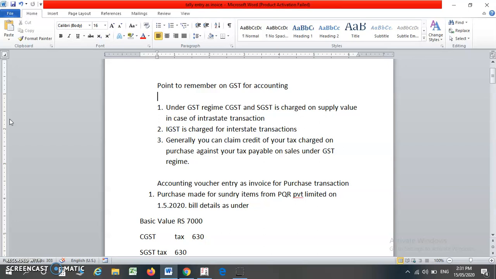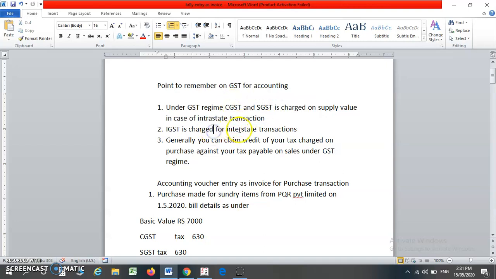Now for the purpose of GST accounting, you must remember three things. Under the GST regime, CGST and SGST are charged on the supply value in the case of an intrastate transaction. Intrastate transaction means same state, where the purchaser and the seller are both in the same state. Then CGST and SGST would be charged.